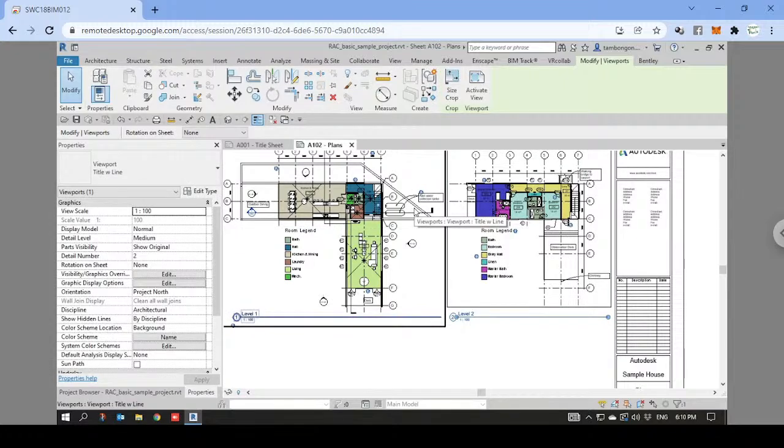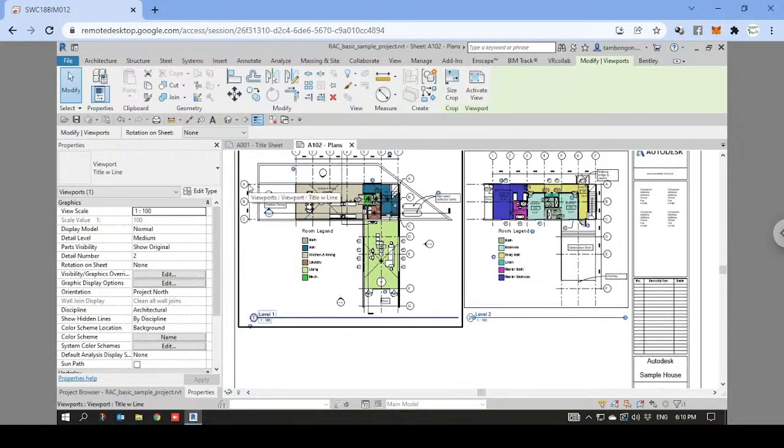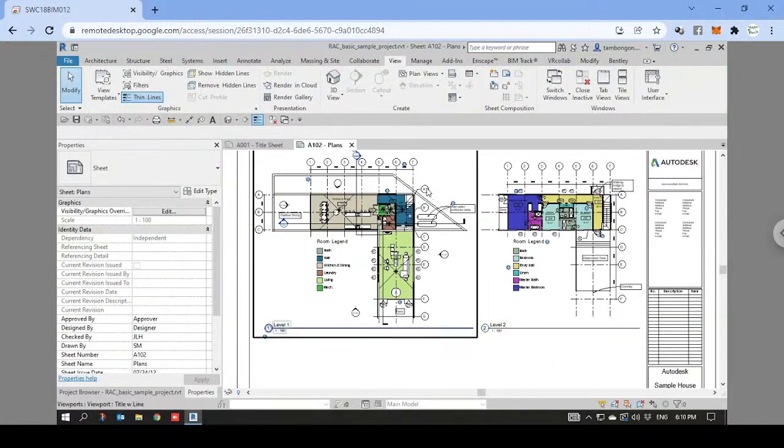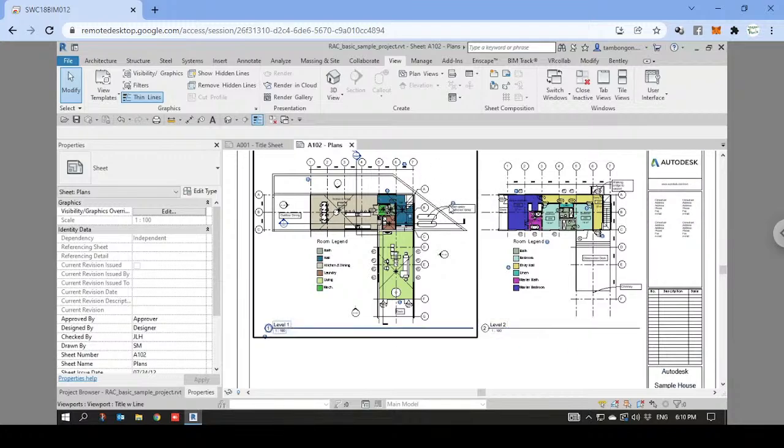There are also some instances where you want the grid line A to be more continuous, instead of having both floor plans show the bubble of the grid line A. So there are some drawings like elevations or sections, or even this floor plan view, where you want the grid line to be continuous up to the next view. For us to do that, what you can do is